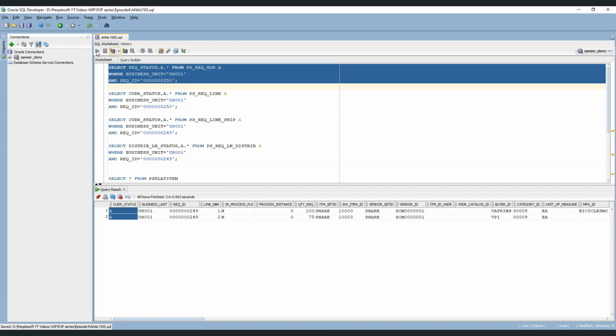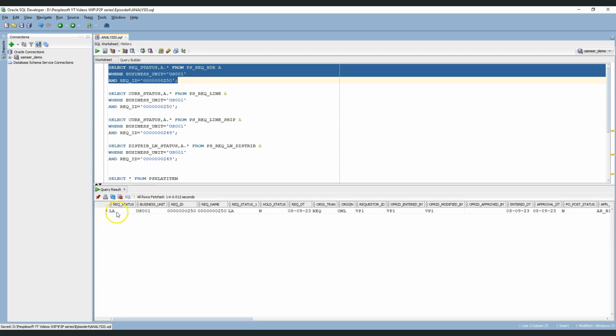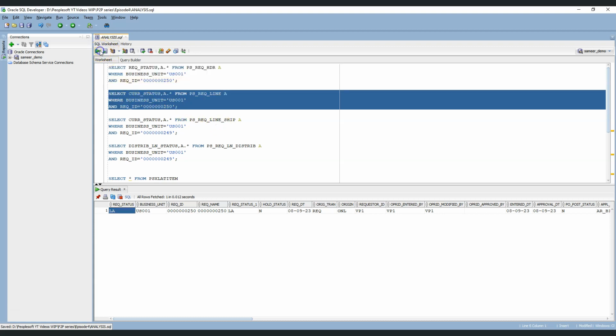So let's query the requisition header table, and you can see the requisition status as LA, which means you have to see the lines and check the status at individual lines because there are multiple statuses present. And if you check in the requisition line table, as expected, the first line is approved and the second line